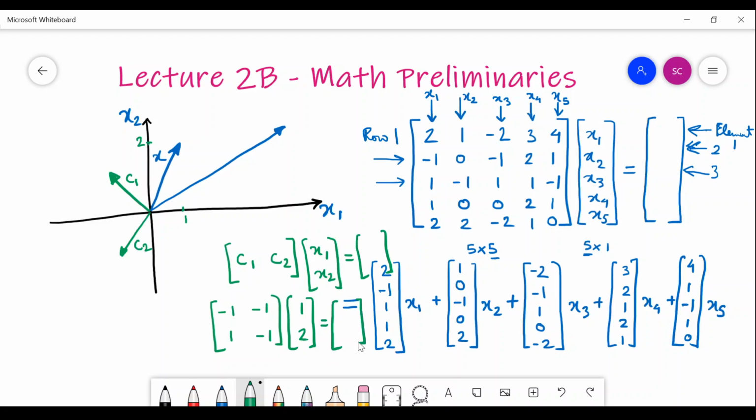You can readily calculate this. So I am not doing the algebra, I am trying to show you the geometry. The algebra is there, you can always do the algebra, but you must always have the picture of what this operation that we are doing is actually trying to say in this vector space. However, I will do it in a different way with the understanding of the column vectors now. So the column vector number 1 is getting scaled up by x1. So x1 amount is 1. So it is remaining like this, c1.